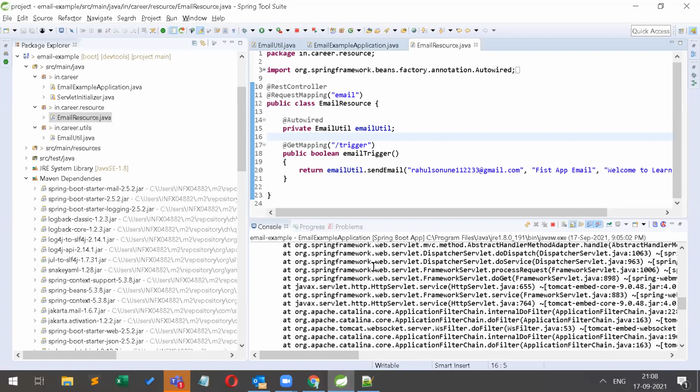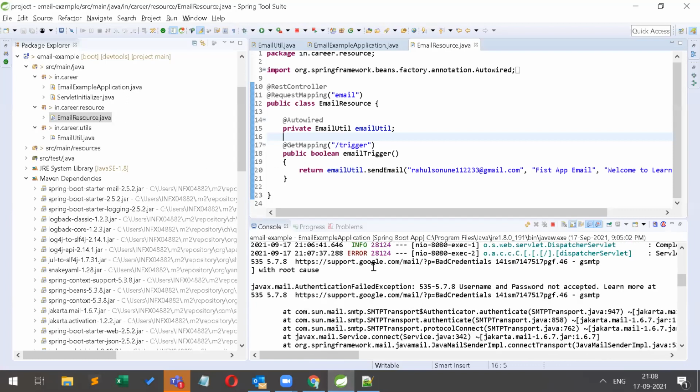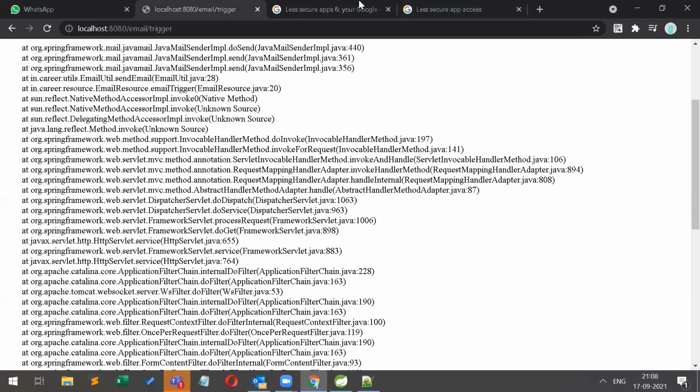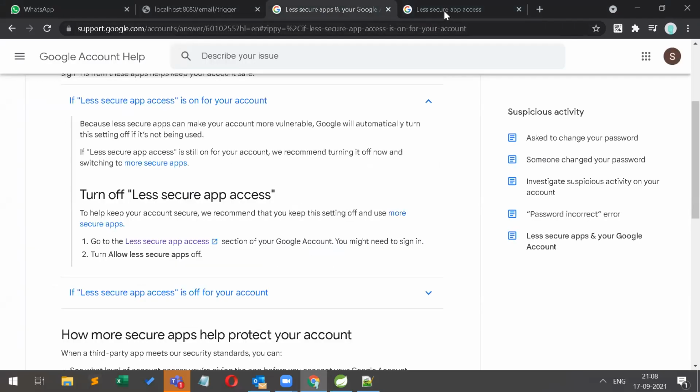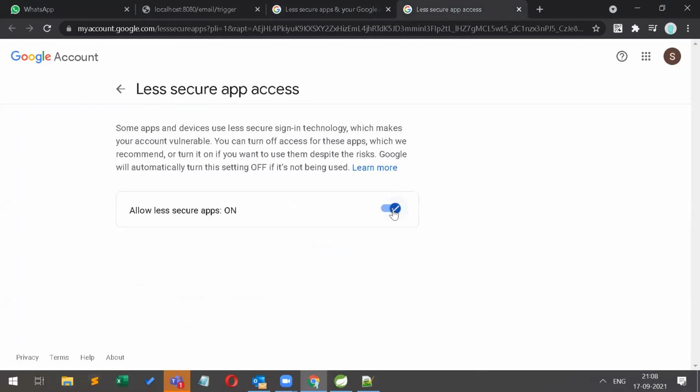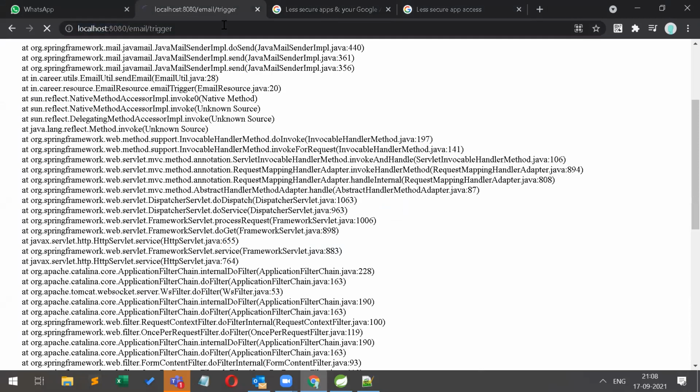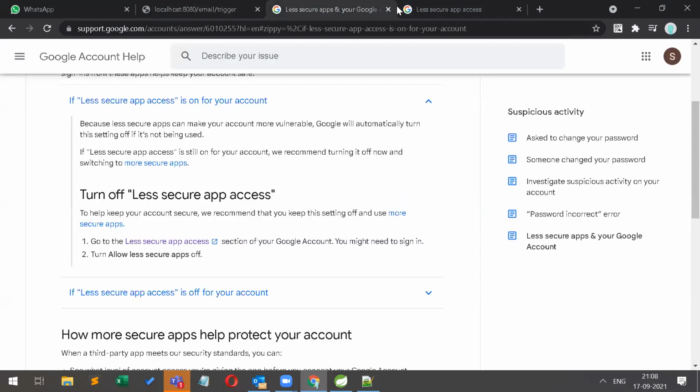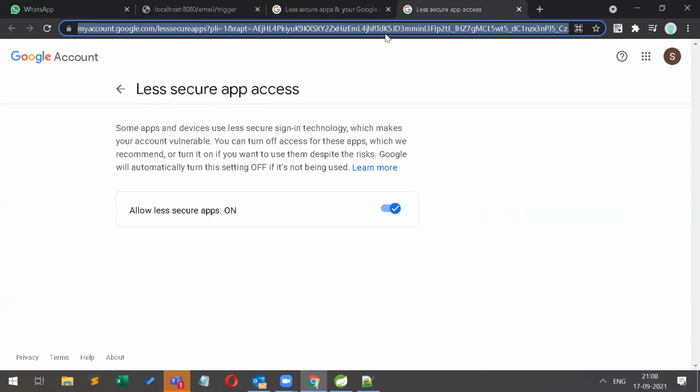You will get this exception because if I have this on, that means Google allows sending the emails. If I have disabled this, that means Google is not allowing or authorizing sending email via any application. So kindly verify that your less secure app access is enabled. I am going to share it if you require. Look here, again I got true.